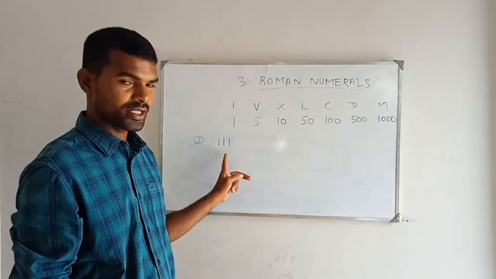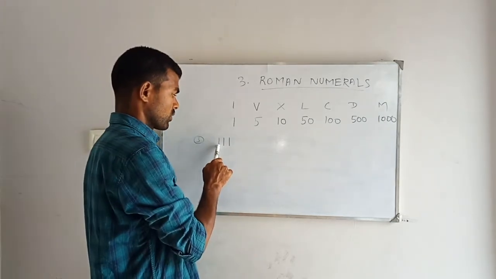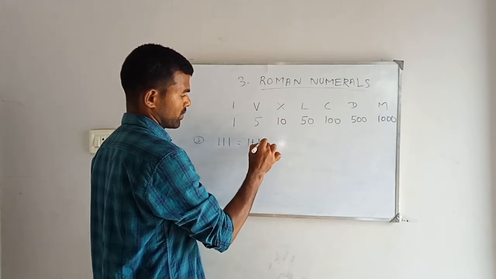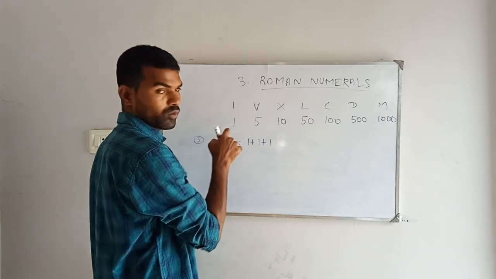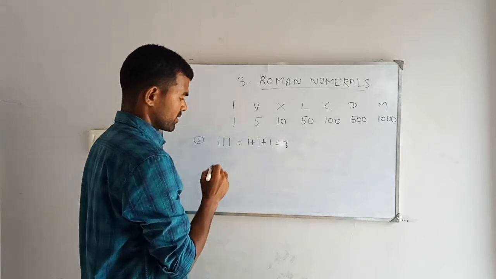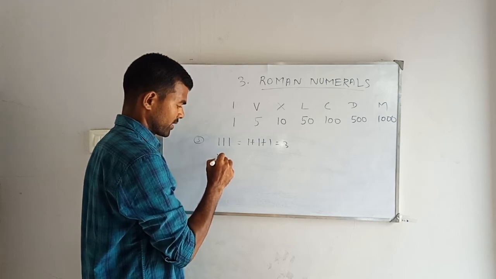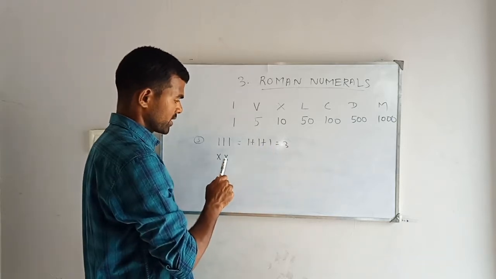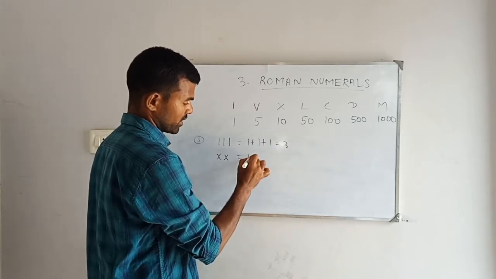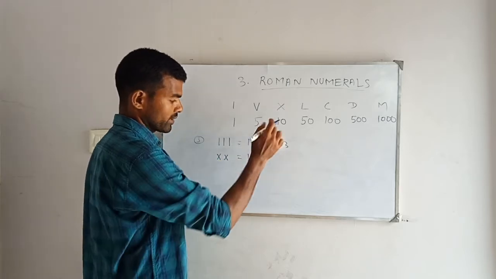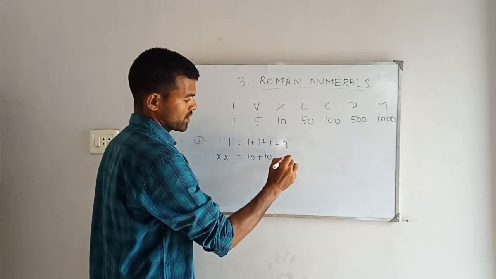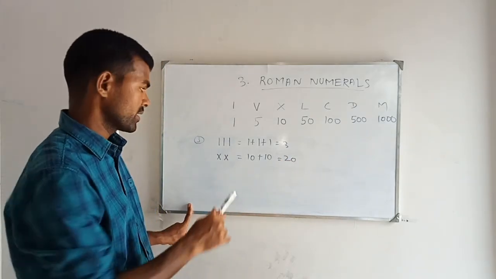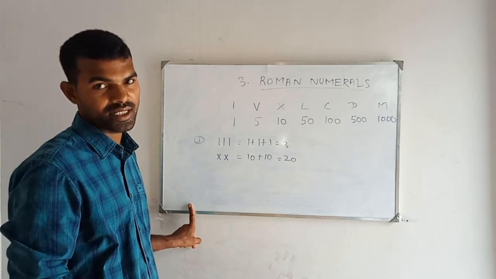Yeah, when you repeat the digits, you have to do the addition. I plus I. You know the value of I, no? 1 plus 1 plus 1. I value 1. So total how much? 3. And same like that we know X. X value how much? 10. 10 plus 10 how much? X value 10. X means 10 and one more X 10. 10 plus 10. How much? 20. Like this, when the letters are repeating, you have to do the addition.